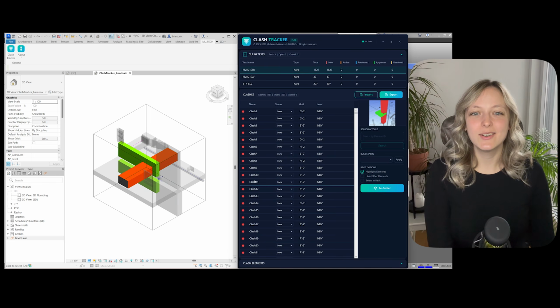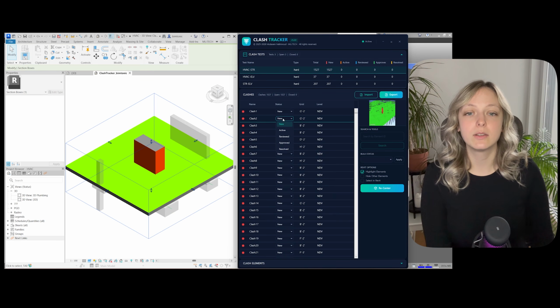Hello everyone, Nadezhda here, and today I am showing you a tool that makes Navisworks to Revit workflow way faster